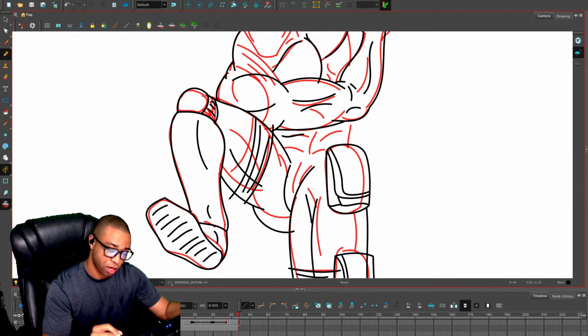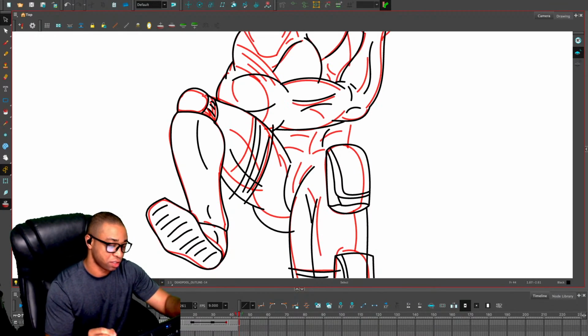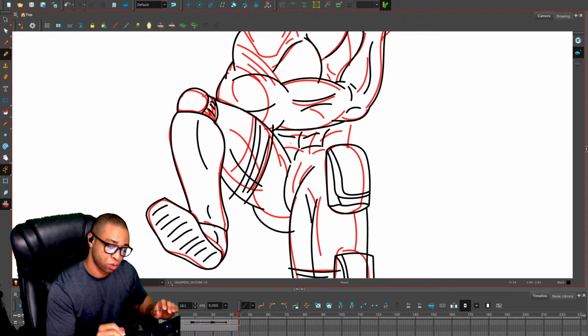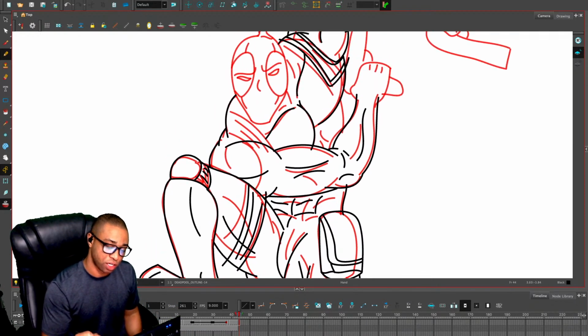Sort of like, let's do this line first, like that. Not digging that at all. Sort of like so. We'll come back and erase those lines a little bit later to clean it up.